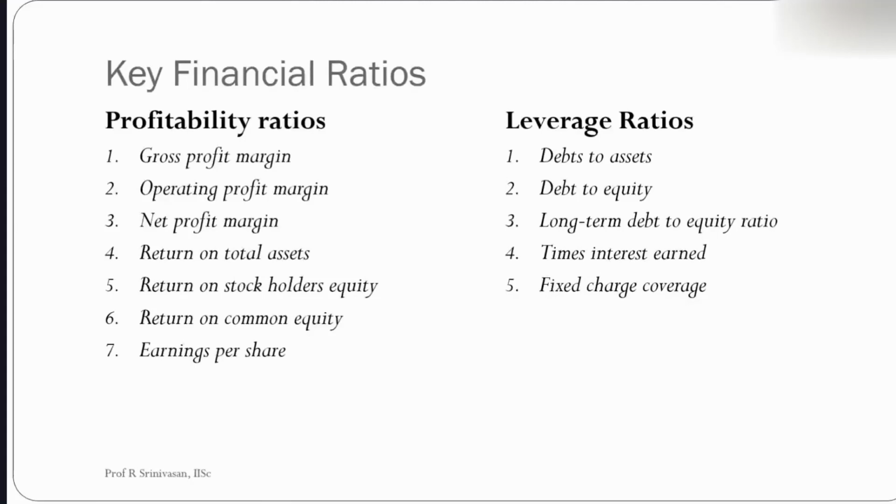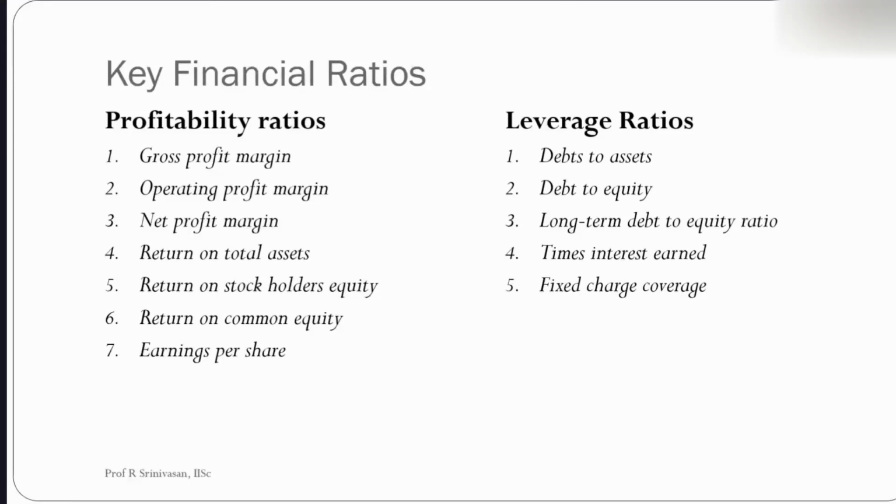So you are getting, with respect to the sales revenue, what is the type of gross profit margin the organization is making, what is the type of operating profit margin the organization is making, and the net profit margin it is making in that particular year. So you are analyzing the operations with respect to a particular year. So you are looking at profit and loss accounts, and it is with respect to a particular year.